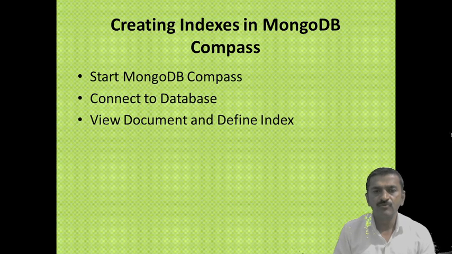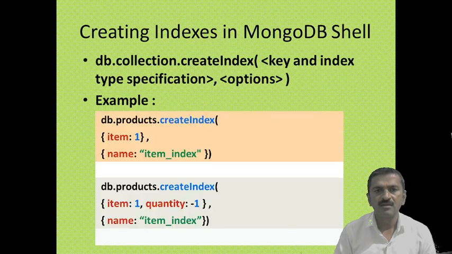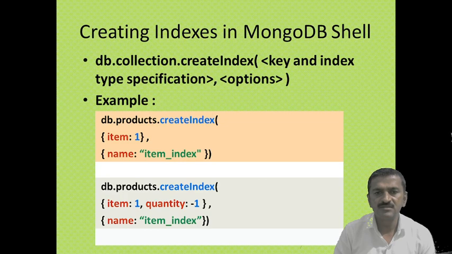So here we have to follow these steps. First we have to open MongoDB Compass. Then you have to connect to the database on which you want to define the index, then view the particular document available in the collection, then define the index and see the results. Then after understanding how to define indexes in MongoDB Compass, we'll understand how we can define the indexes using